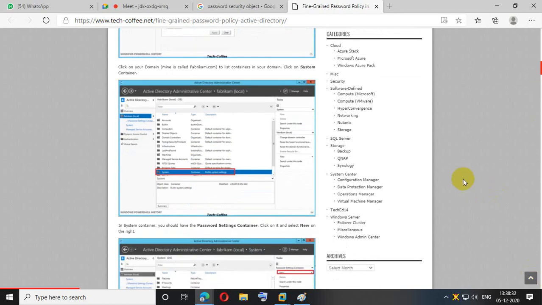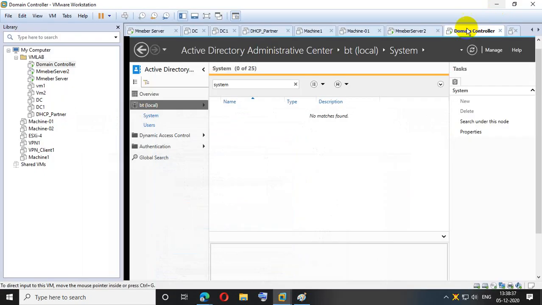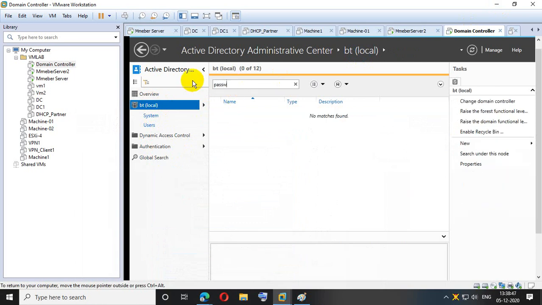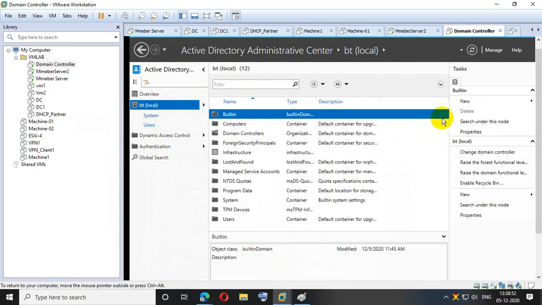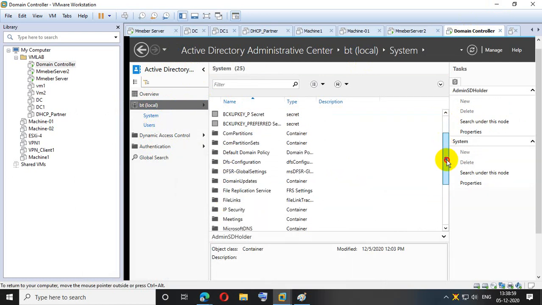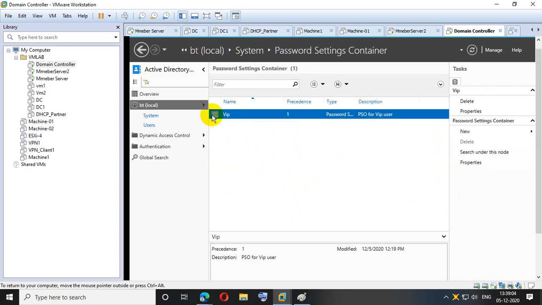Systems. Password setting container. Yeah, password setting container. Sorry, we also have one VP password there. I'm just going to delete it.